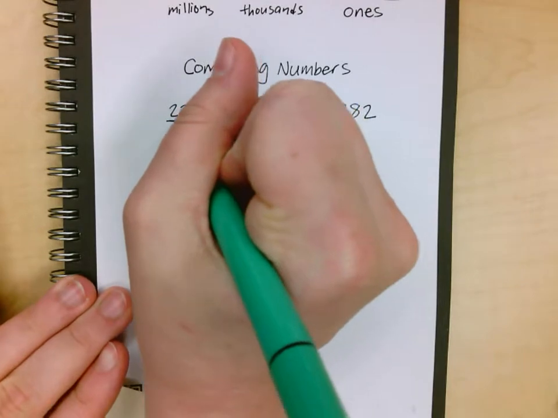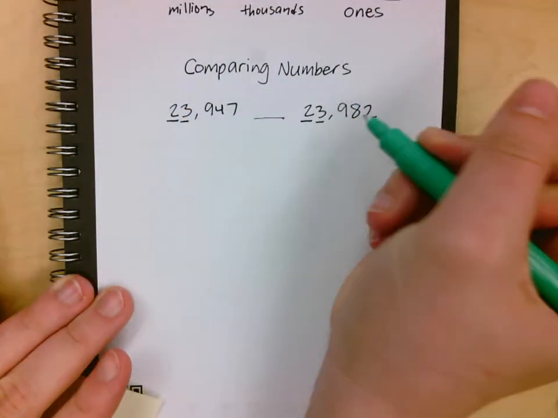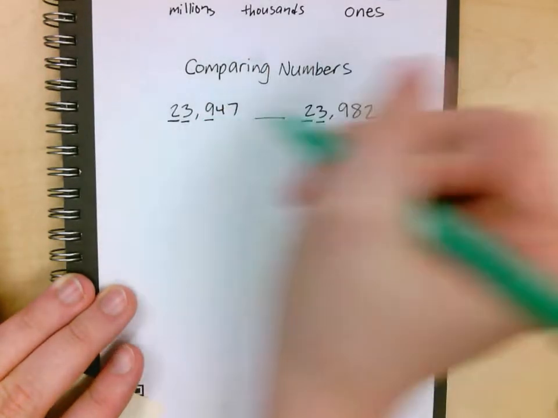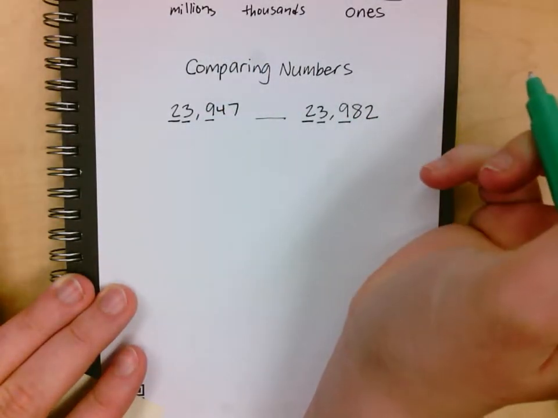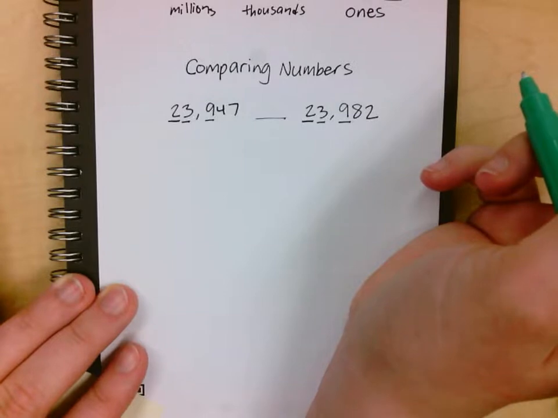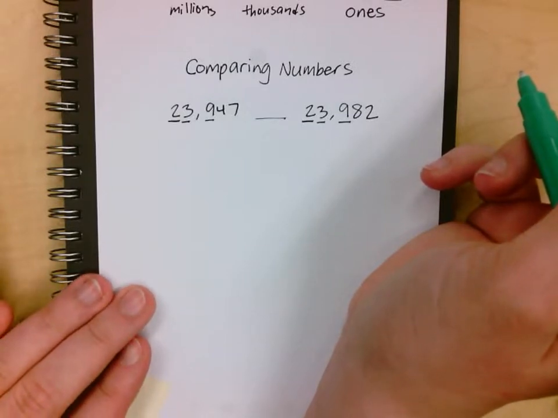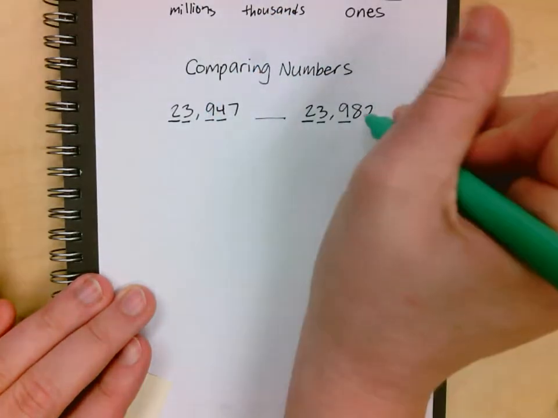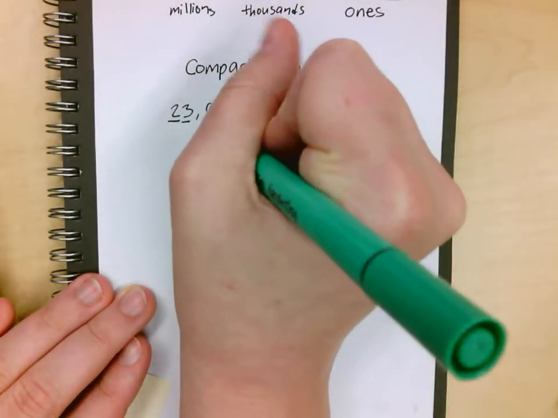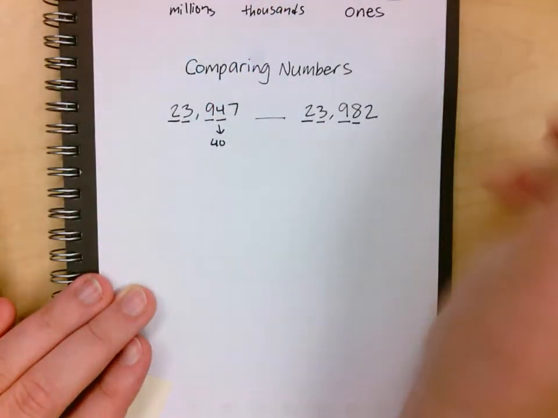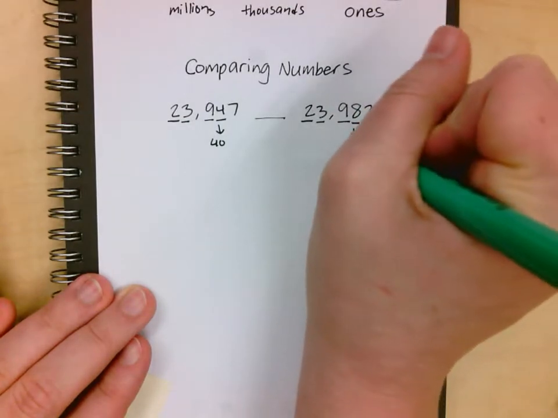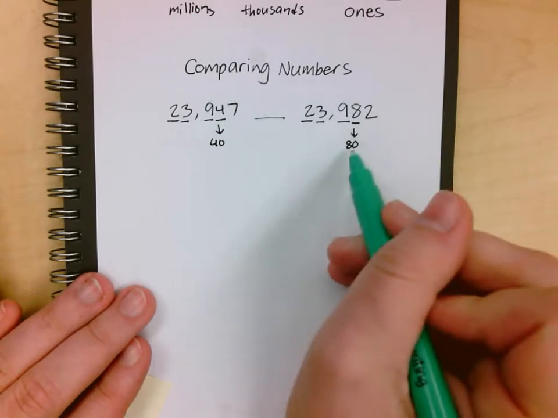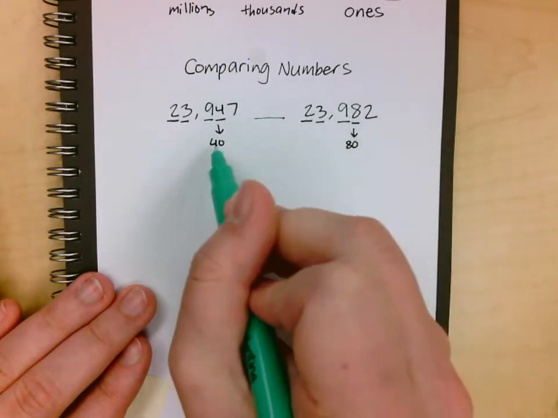I go over here, I have 3,000s and 3,000s. Well, that's the same as well, so I need to go next door. 900s, 900s. Still, I need to find a difference because right now both numbers are showing me that they are equal up to this point. So I go over here, I have 4 10s and 8 10s. This 4 10s represents 40 and this 8 10s represents 80. Since all of the bigger place values are the same, I know that 8 10s or 80 is greater than